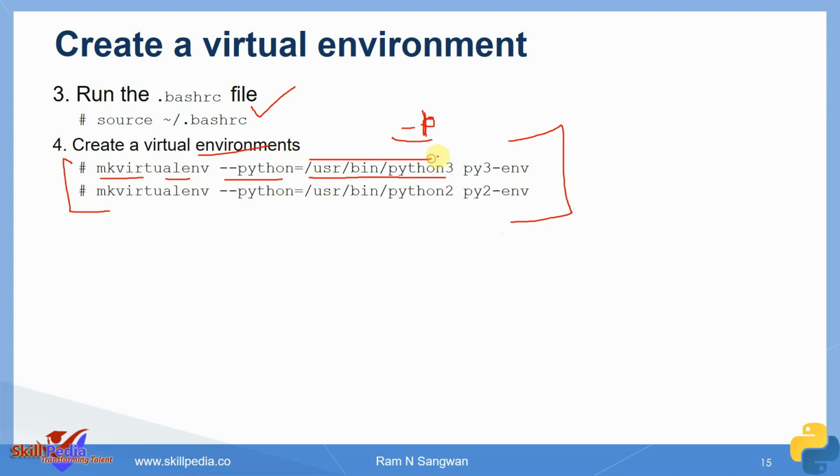This was the output of my command, which python3. So I specified the path and I am giving it a name. This name could be anything. Similarly, I am making another environment with --python=/usr/bin/python2 and the name py2 environment. This is for my Python 2 environment. So I created these environments, Python 3 and Python 2. Two environments are there. How can we work in these environments? How can we ensure that everything is now with Python 3 or Python 2?